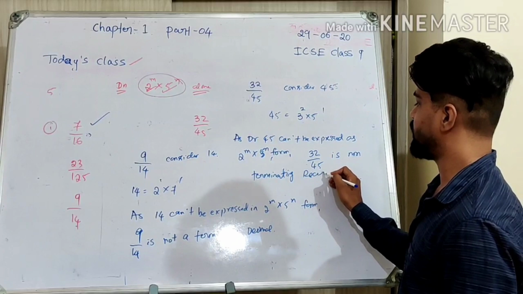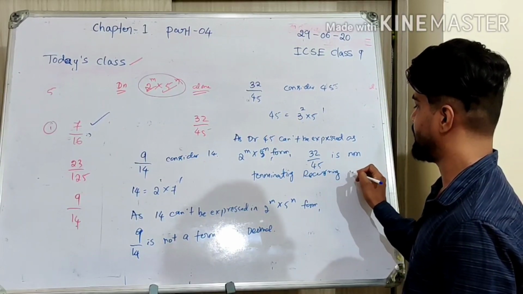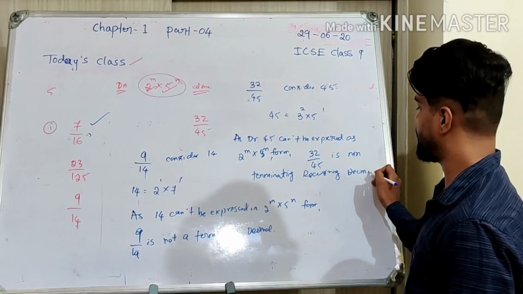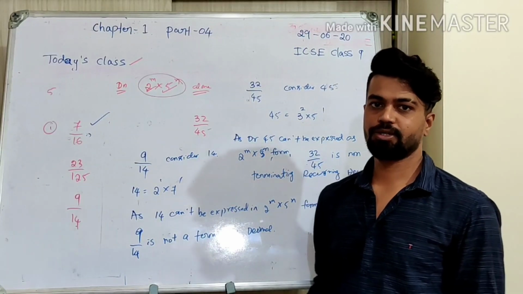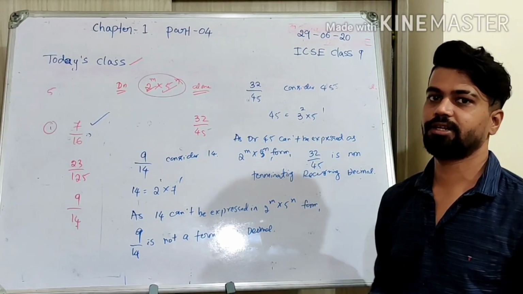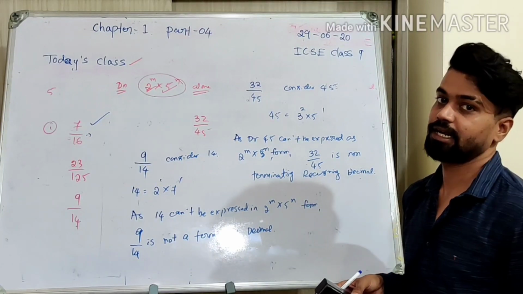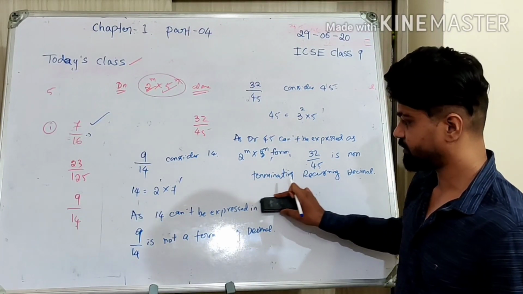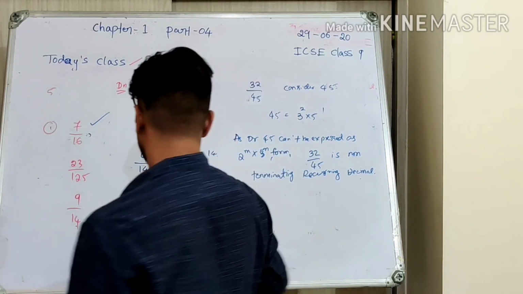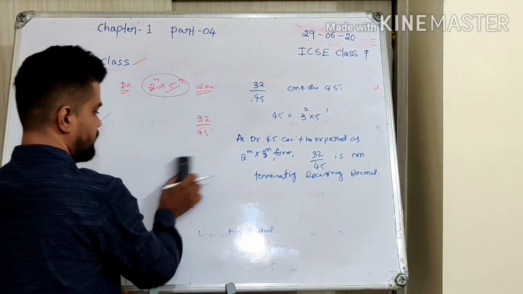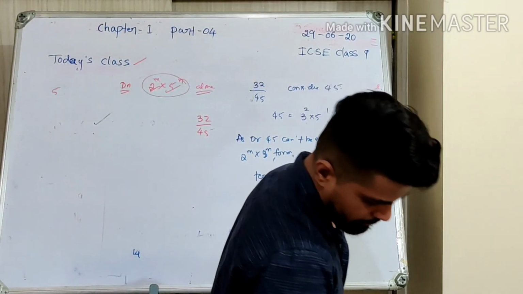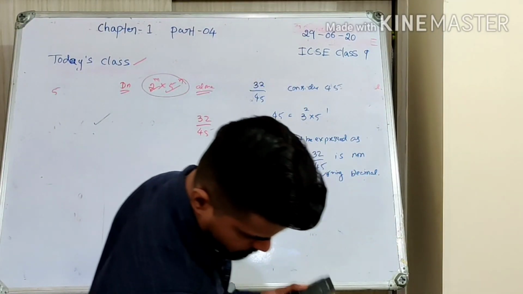Okay, so we can also add that word. There's nothing wrong in that. Okay, so until you say correctly, you can add anything in the statement. Okay, so even though it's not relevant, I can still understand that clearly it's a non-terminating recurring decimal. Okay, yes. So one more question I left. Remaining 3 questions you will be solving. So I'll be solving the 5th one, that is 43 by 50.